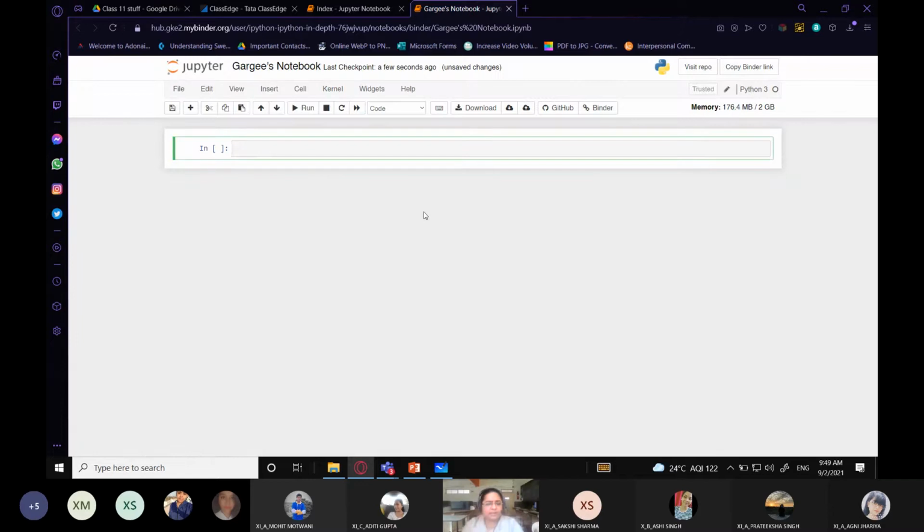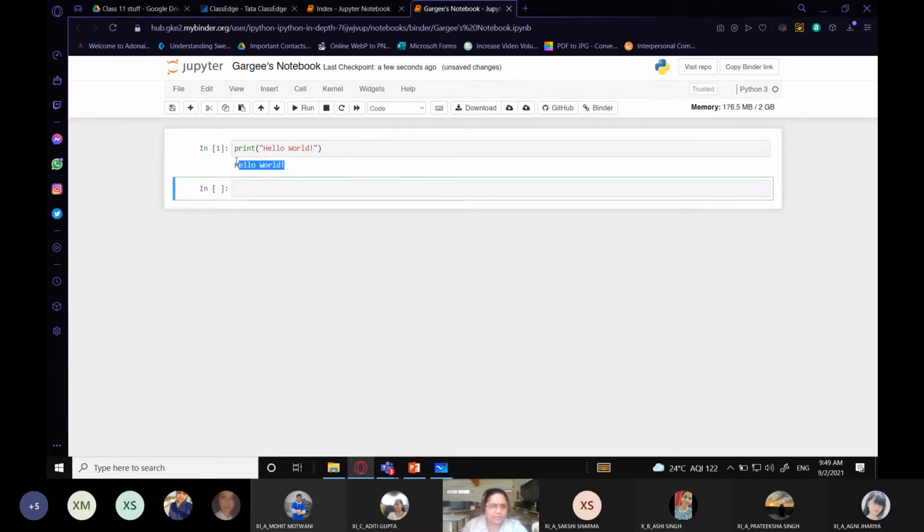Now this particular window which you are seeing, you can create programs both in the interactive as well as the script mode. We will study what is interactive mode, what is script mode. For example, I type here print hello world. Okay, press enter. For running this, you need to click on this run button, and you will get the result over here. Okay, so this is how you can use this.